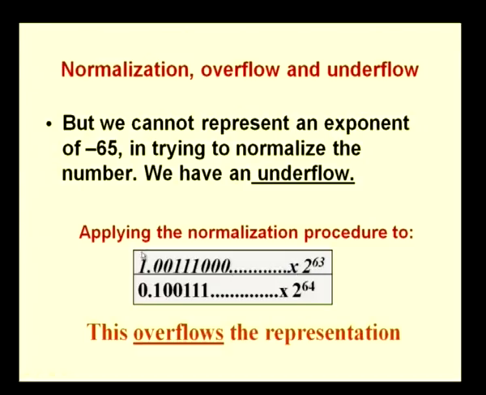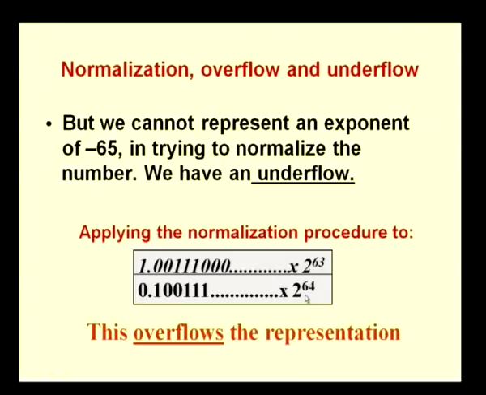Now if I were to normalize this number, remember I can't have any decimal position here, right? So I will have to shift this right. If I shift this right, I will write it as 0.100111 whatever into 2 to the power of 64. Now remember that 64 cannot be represented using your 7-bit exponent. Since you can't represent 64, we say that we have an overflow in this case. So an underflow and an overflow are two things that can happen when you are doing the